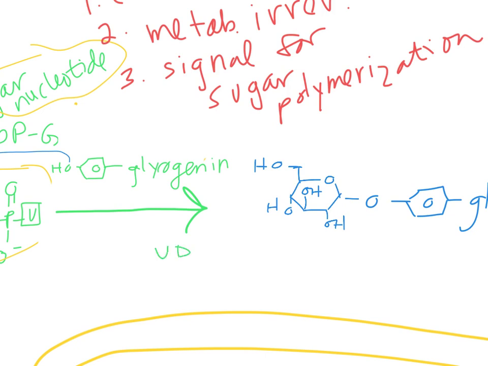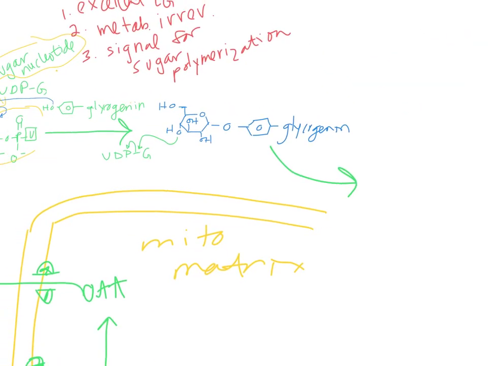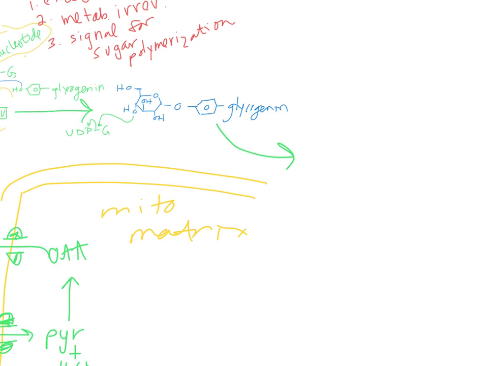So another UDP glucose comes around, this carbon attacks the next anomeric carbon and gets UDP to leave. And what ends up happening is after many rounds, we have a glycogenin in the middle,